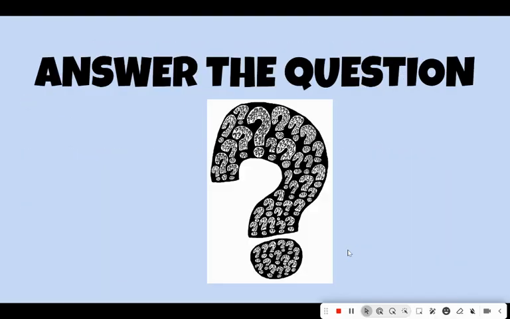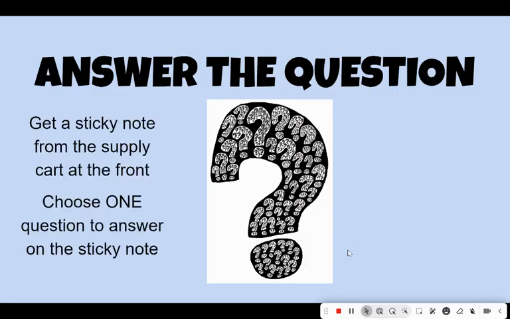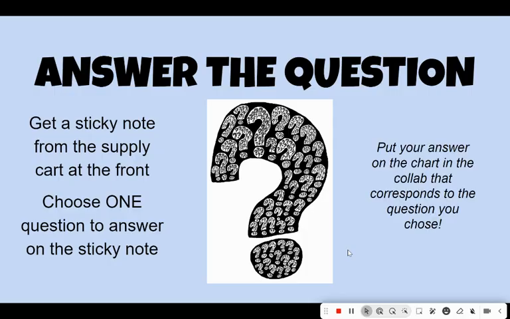All right, so now we've got an answer to the question. There are 3 questions on your note page. You are going to get a sticky note from the supply card at the front. You're only going to choose one of those questions to answer on the sticky note. So pick one, answer it on the sticky note, and then you're going to go out into the Colab space and you're going to see a chart. Put the answer to your question that matches the actual question that you answered on the